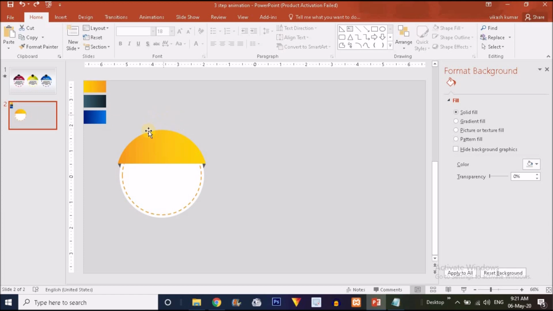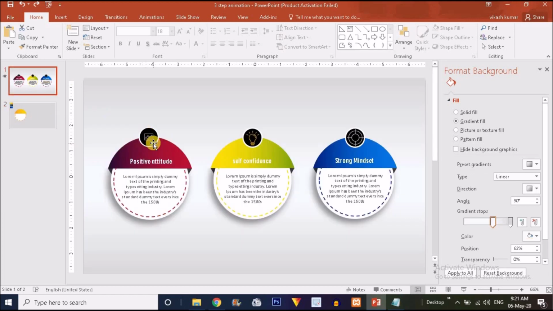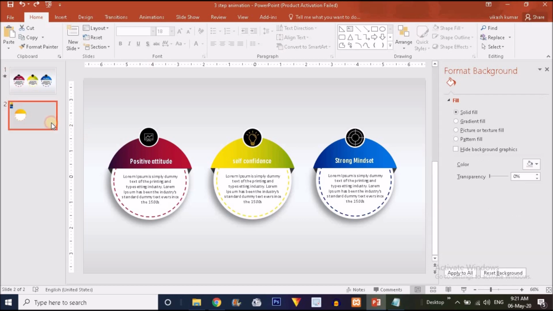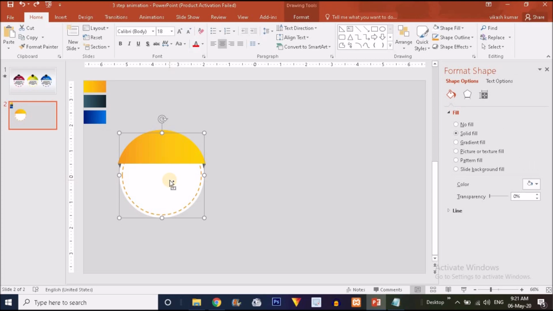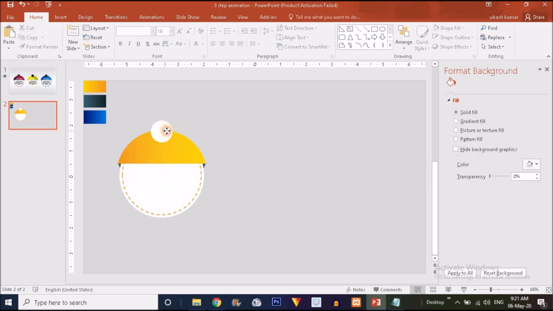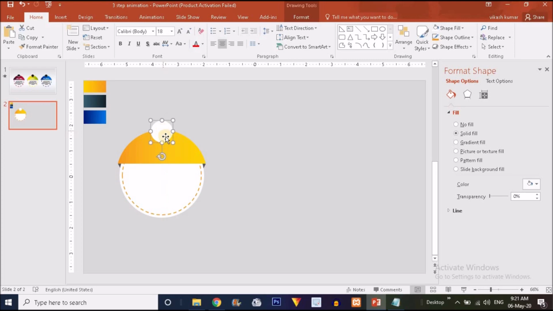Now the next step is to put a circle over here so that we can put the icons in that particular shape. So for making this shape I'm going to select the bigger circle, press Ctrl D to duplicate it, and press Ctrl and Shift together, and slightly drag it inward to make it smaller like this. It's become too small, so I'm going to drag it outward so that I will get this type of size. So this is in center.